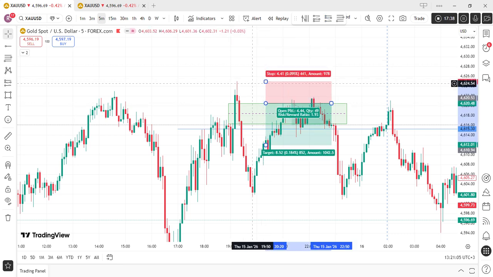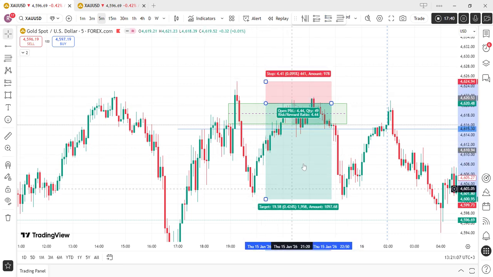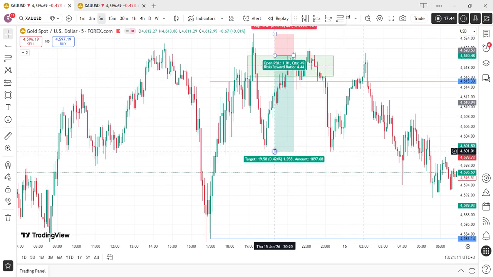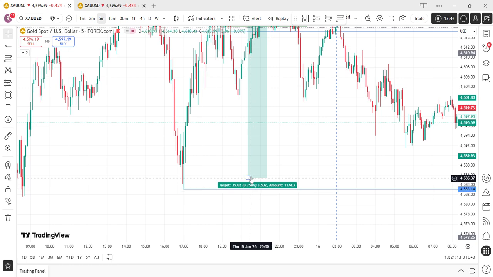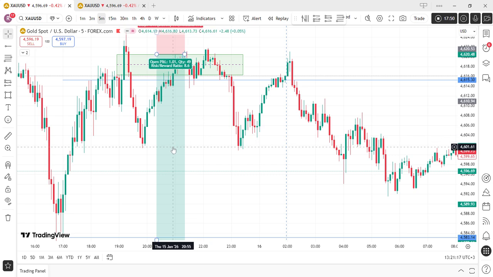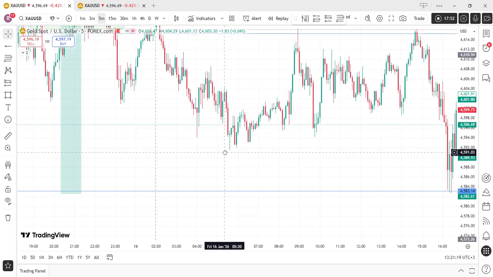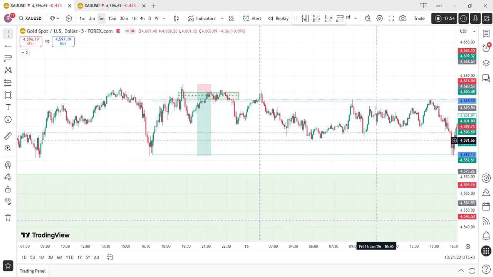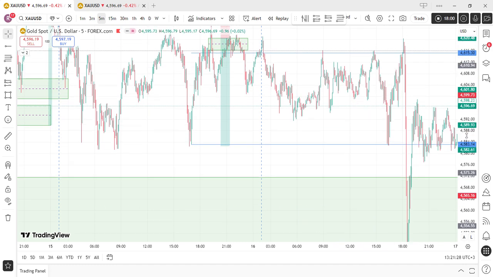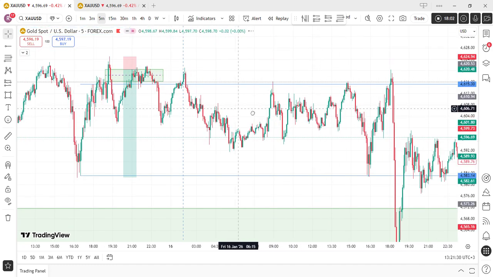Your stop loss is above that high. Then you're targeting the lows, for example, this low over here. Let's assume this low here. Yes, right there. How much is that? 1 to 8R. It wasn't delivered on that day, but the next day, see what happens? Boom, on Friday. You see that? Isn't this beautiful, guys? Isn't this beautiful?